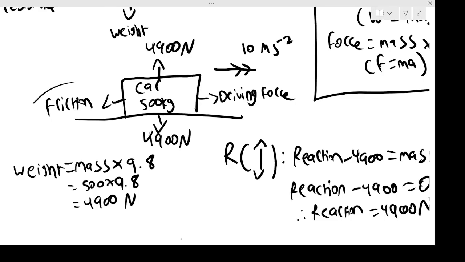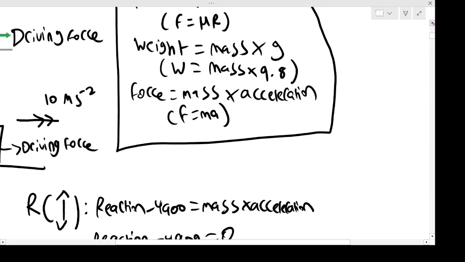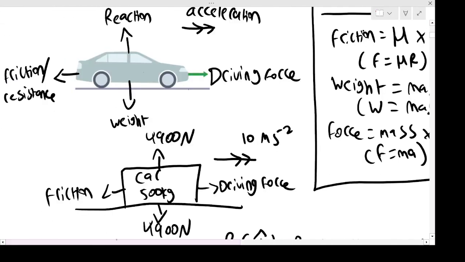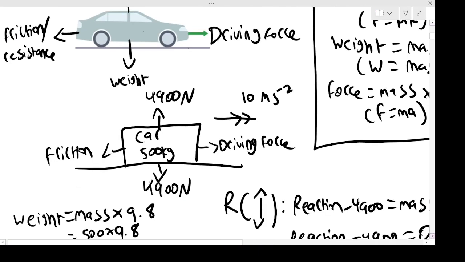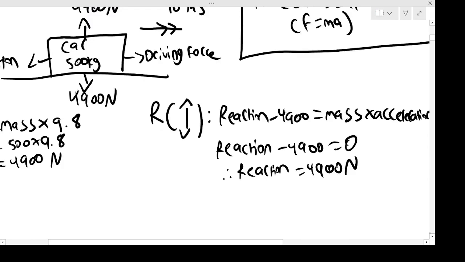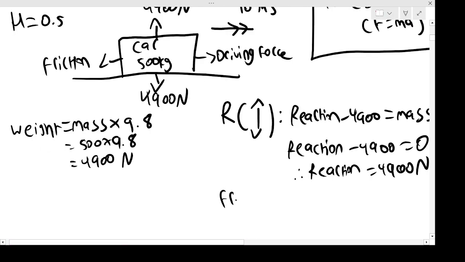Right, what's next? I'm now going to find my friction force. Now I'm going to use the final formula we haven't used. That's going to be my friction is mu, so my coefficient of friction, times reaction, or F equals mu R. I've not told you what it is. I'm going to say that mu is 0.5. So again, the coefficient of friction tells me how slippery the road is, 0.5. So friction is mu times the reaction,